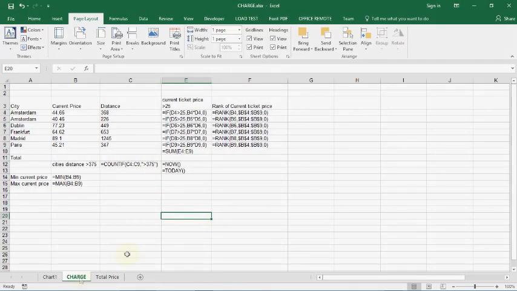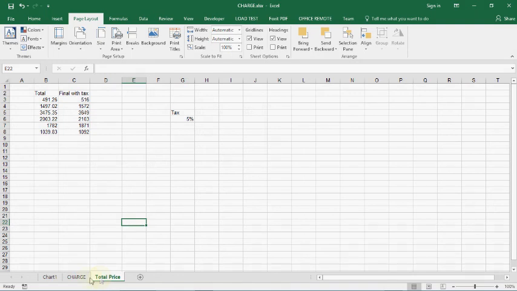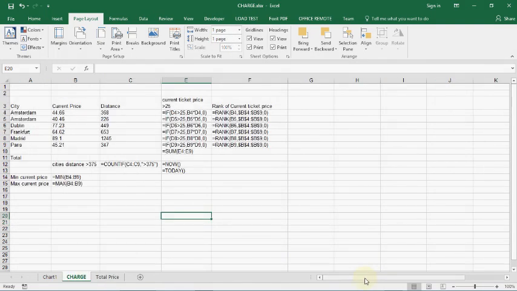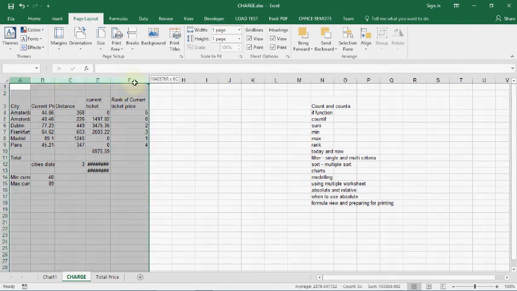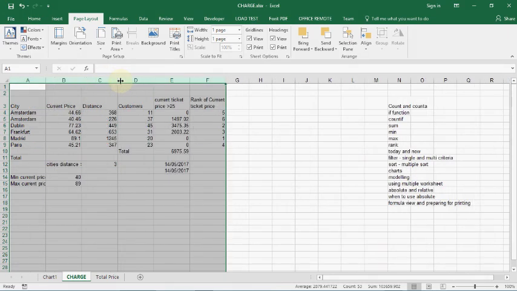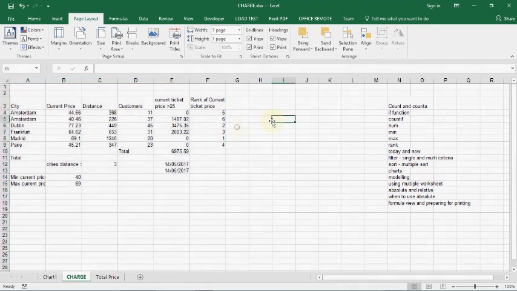So I think I have addressed all the topics. Control backquote to turn it back to data view, and after turning back to data view, if you want to increase the column widths, you can highlight all the column headings at once and then increase one of them, and all the columns will have the same width, right? And also remember,